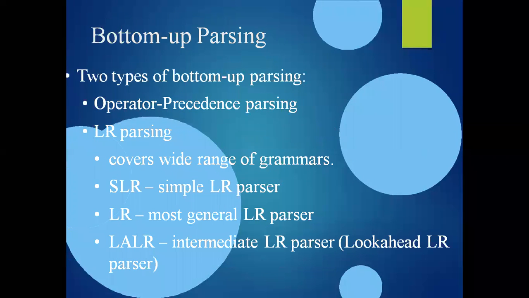And here we have two types of bottom up parsing. One is operator precedence parsing and the second one is LR parsing. And again, the LR parsing is categorized into SLR, CLR, and LALR. SLR is a simple LR parsing method, and CLR is a canonical LR parsing method. And LALR is an intermediate one, which we can also call a look-ahead LR parser. These are the methods under the LR parsing technique. So totally, we have two types of parsing techniques: operator precedence parsing and LR parsing. This LR is subcategorized again into 4 parsing techniques.